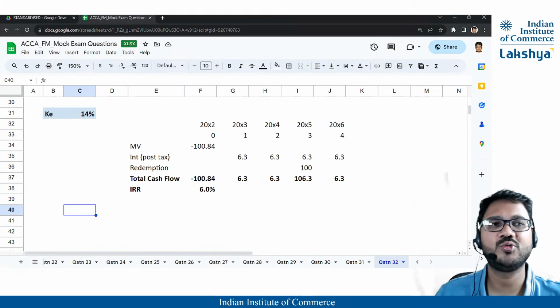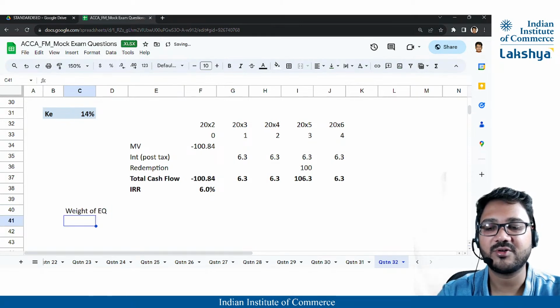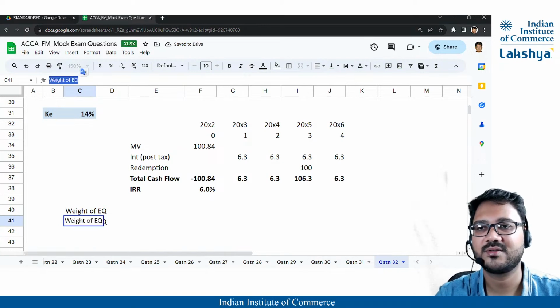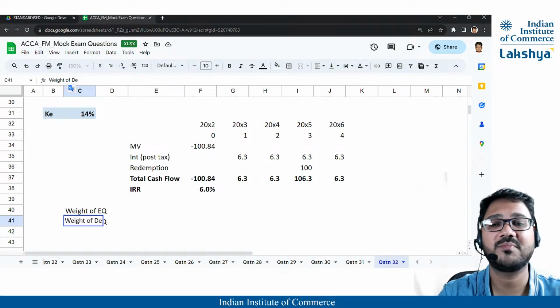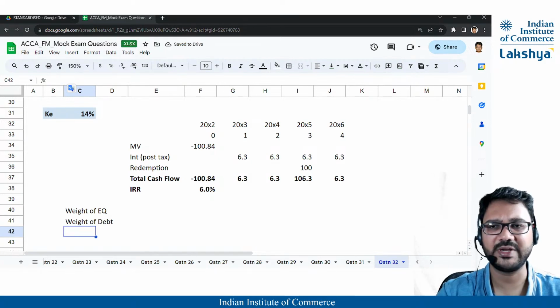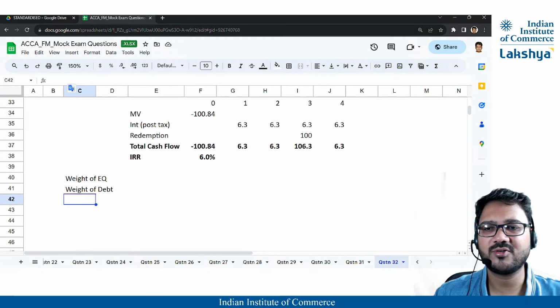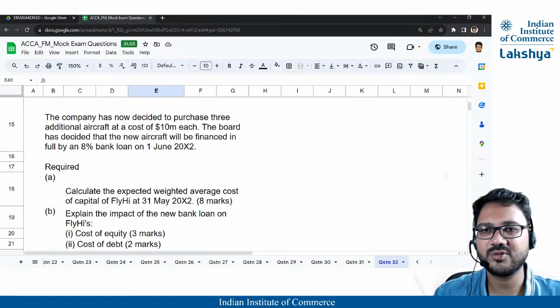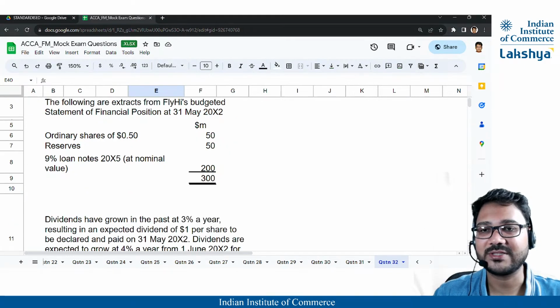Now, in order to value the equity, value the debt, basically get the weight of equity, weight of debt. I think that part is easy. You would know how much debt and equity we have. Remember, it's on market value. Based on that weight, we'll do a weighted average and arrive at our answer. We are a little over time, but let's just quickly do it. We didn't even take breaks.